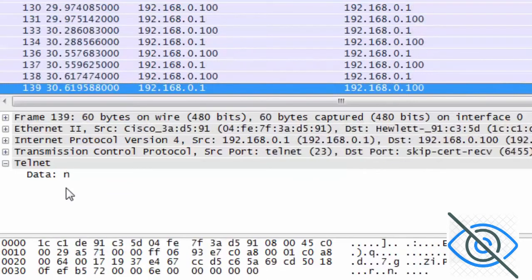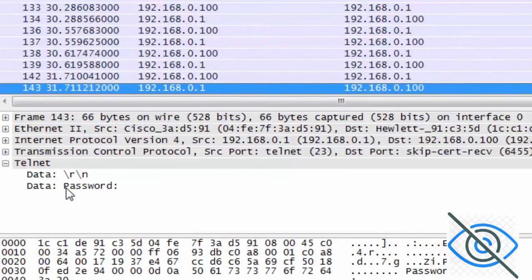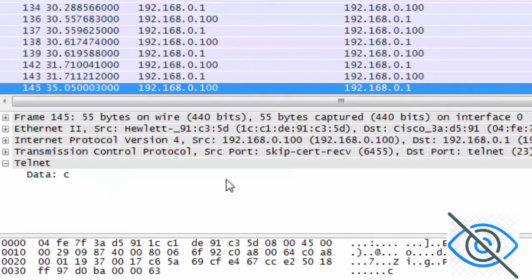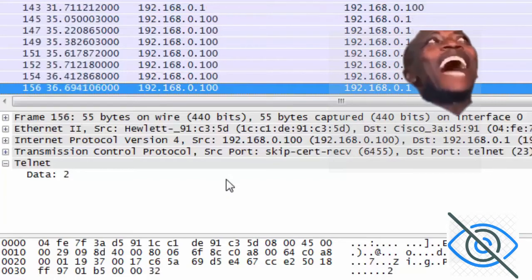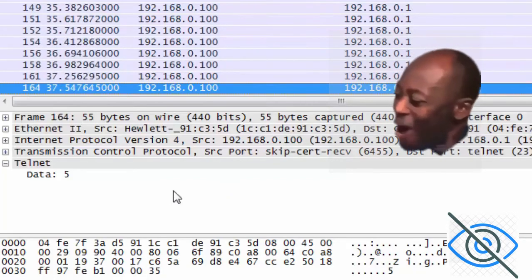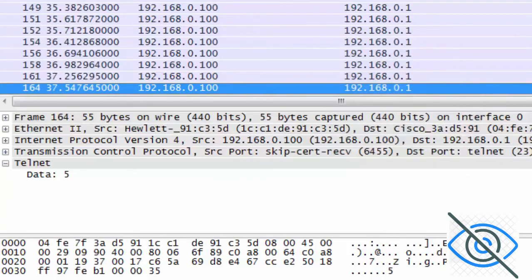Admin, admin, and then the password will keep going down here. Cisco. Oh my god! Wow! And the characters are sent separately. Each keystroke is in a separate packet, and you can put them all together to see the entire